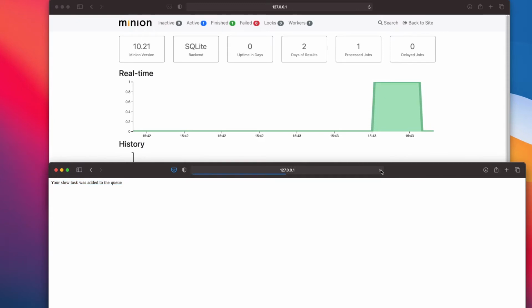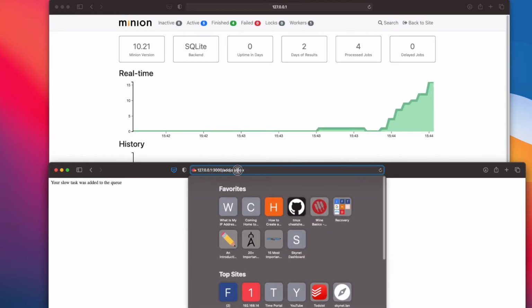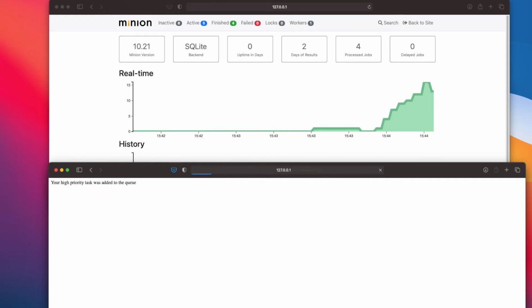So now let's keep on adding more tasks. I'll add one more task. Click again. By default, Minion processes 4 or 5 jobs at a time. You can always increase that. So I have basically added around 11 slow jobs, and now I'll add a high job as well, a high priority job.